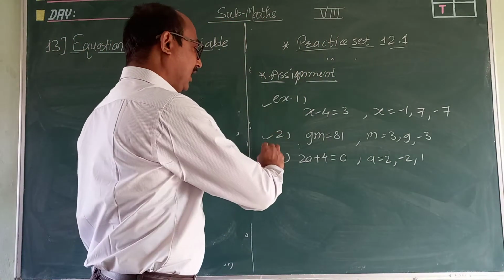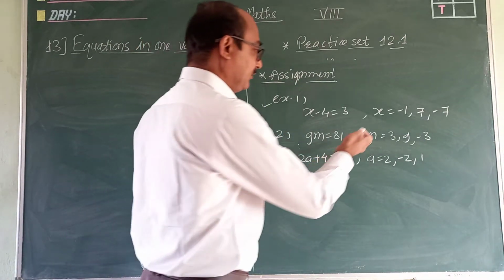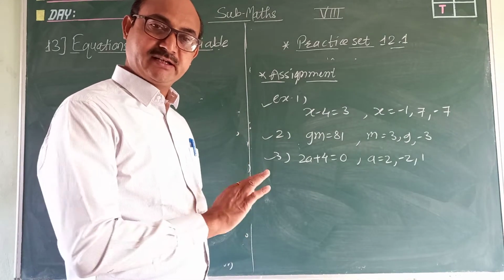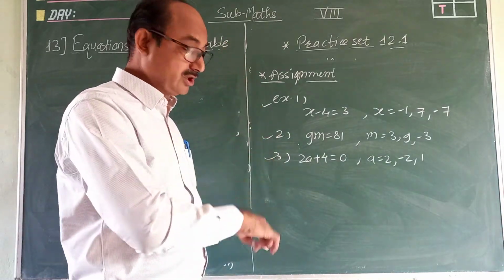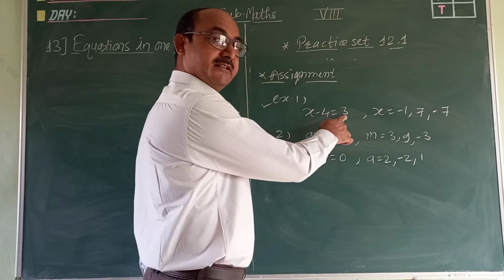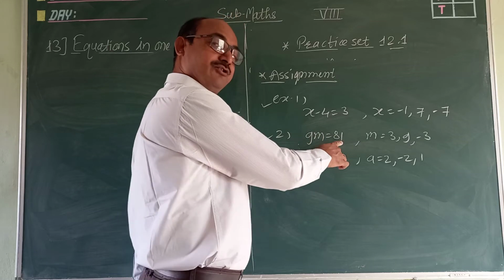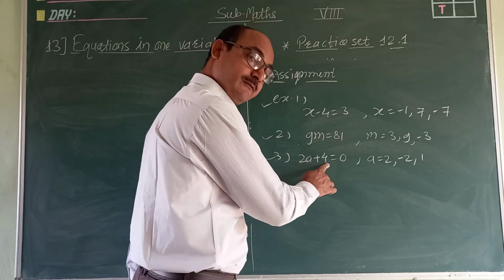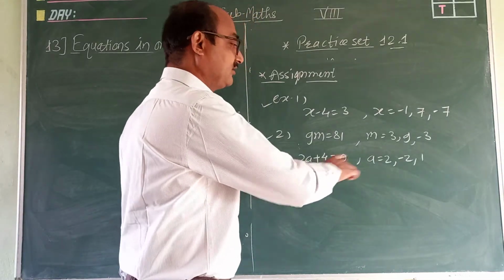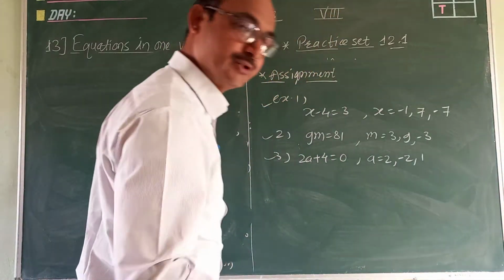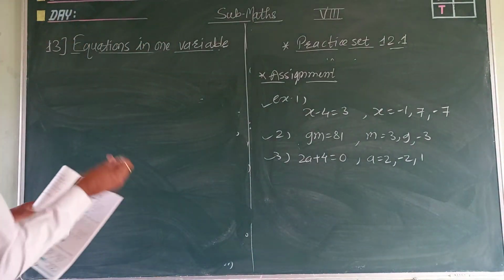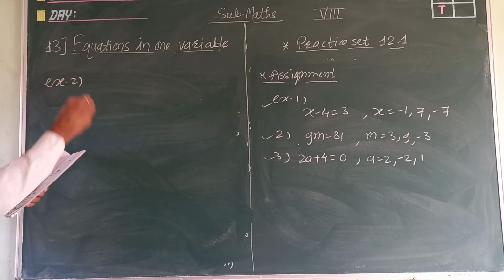Okay. So you know how to solve: by which value this equation is satisfied, that is the solution, and the remaining are not solutions. But you have to solve for all the values and check. In the second, the answer should be 3. This multiplication should be 81. This multiplication with 4 addition should be 0. For which value this comes 0, that is the solution. So this is the assignment for you. Next we will see example number 2 from this.